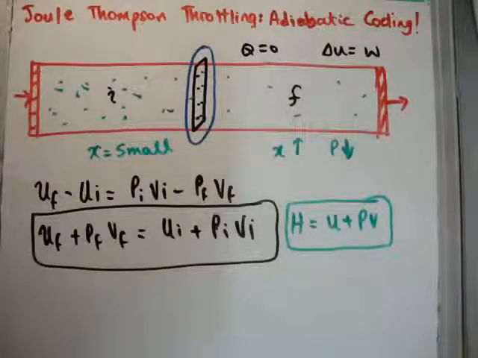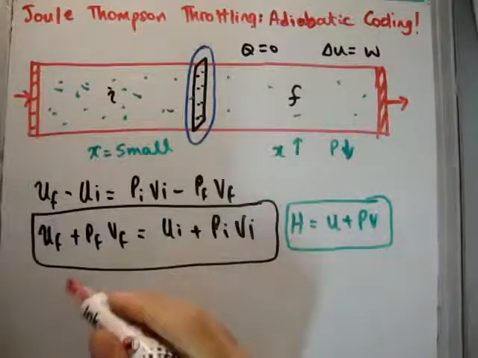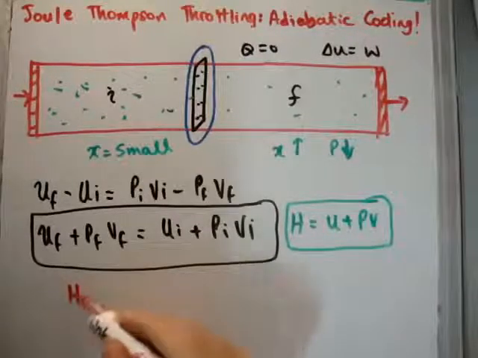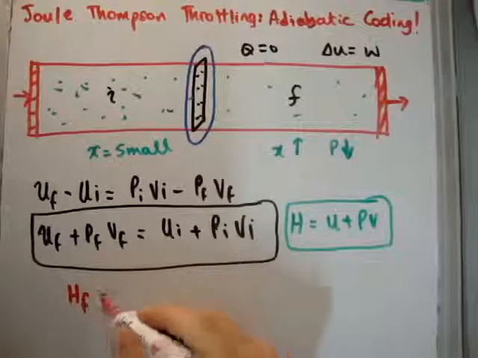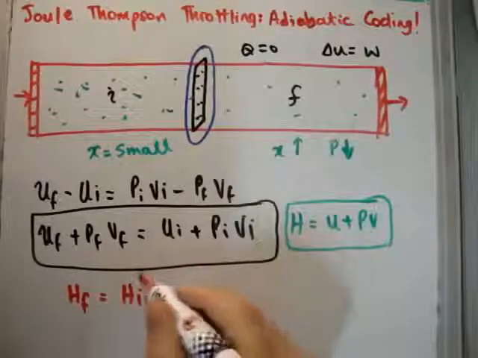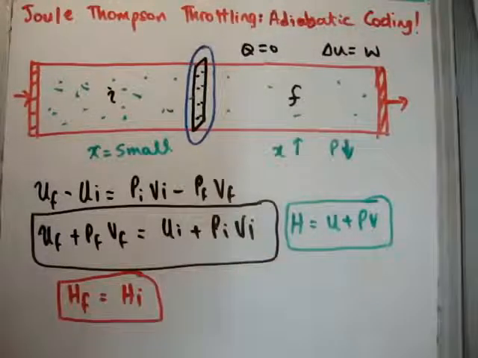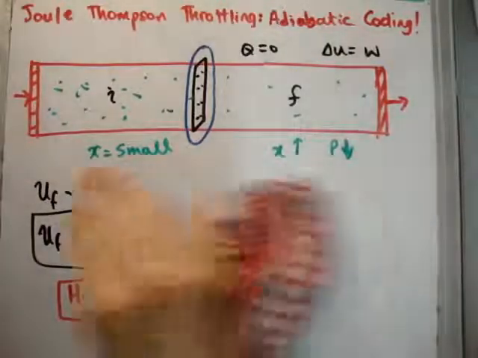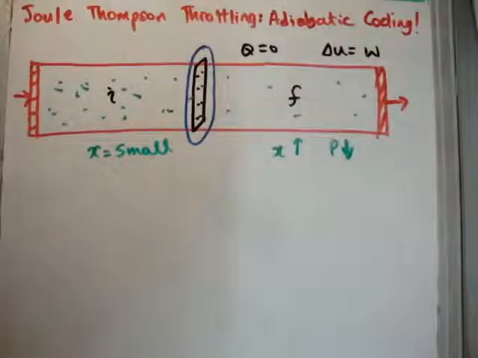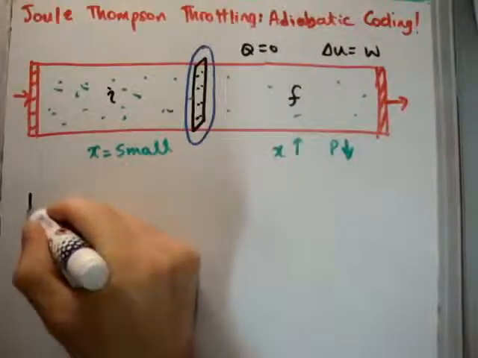So what we're really looking at here is an isenthalpic process where the initial enthalpy is equal to the final enthalpy. By definition, our Joule Thompson process is isenthalpic, and that's the condition upon which everything works. Just as an aside, an ideal gas could never work for the Joule Thompson process because H is equal